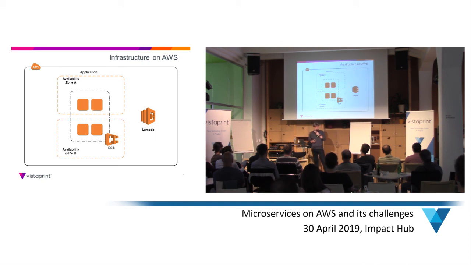AWS provides you a way to define your infrastructure once you decided what you want to use. Let's say you want to use Lambda because it's serverless, or you want to use ECS because you don't plan to go out of AWS anytime soon, and you're okay with their Docker containerizing service. Once you decided that, you want to define this infrastructure, and AWS provides you the CloudFormation service where you can set up your infrastructure, spin it up, and tear it down. I find it's sort of complex to read. It's a huge nested JSON.